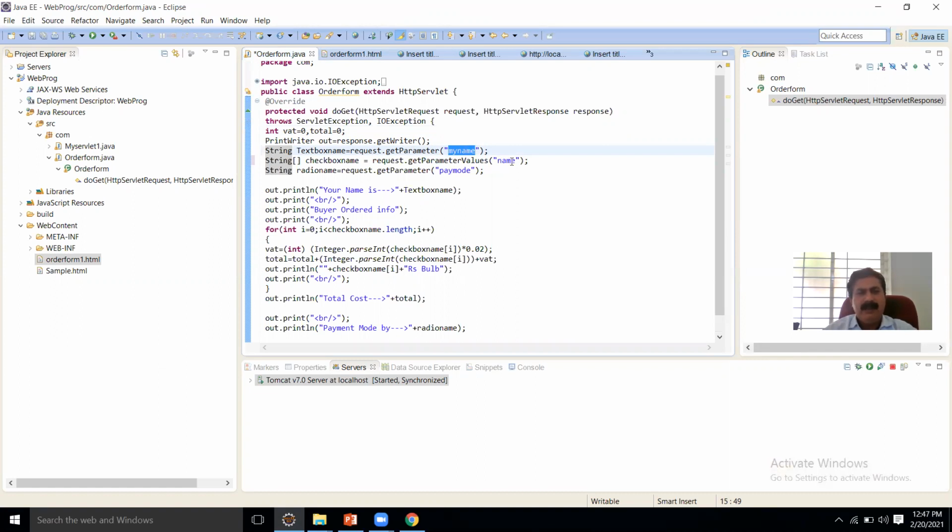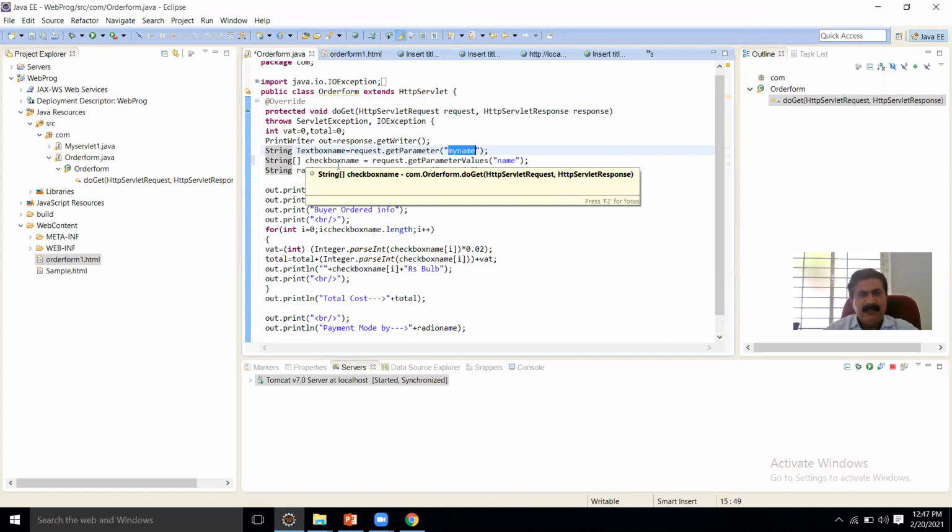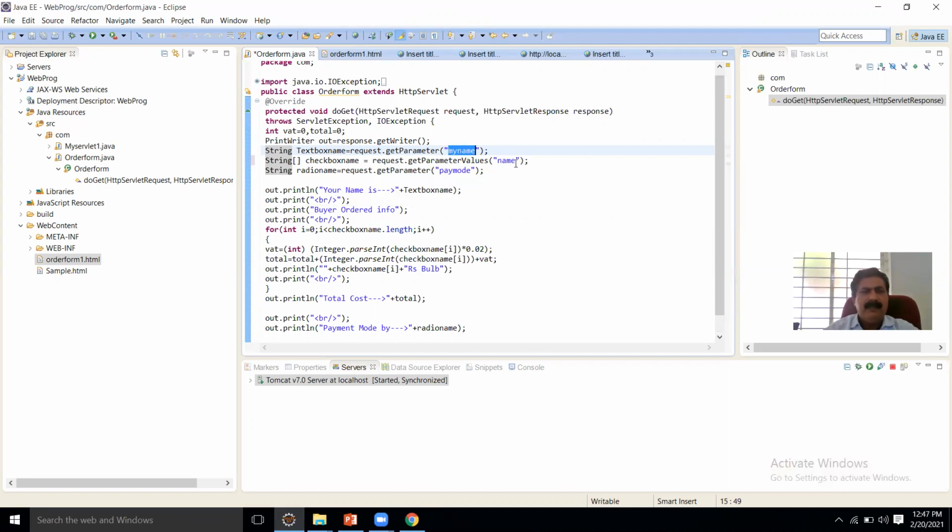In the same way, name and payment mode are read from the user and displayed in the HTML page. These values are assigned in the text box name. Similarly, for checkbox name, the values read from the user are stored in this variable. Similarly, we'll read the payment mode.